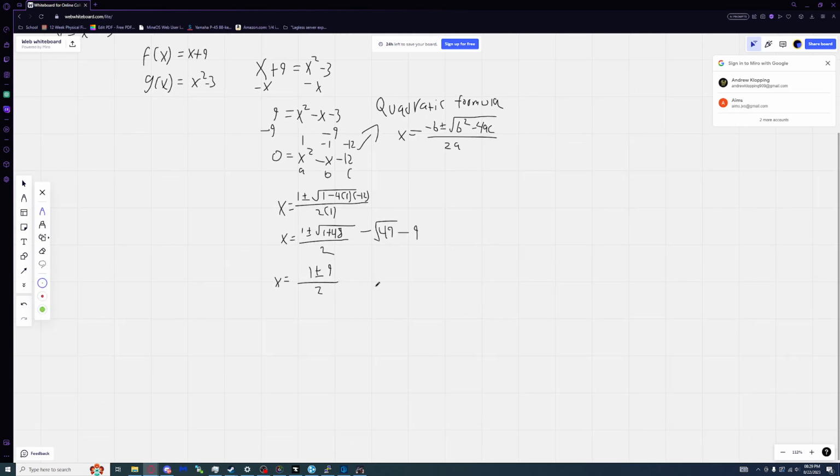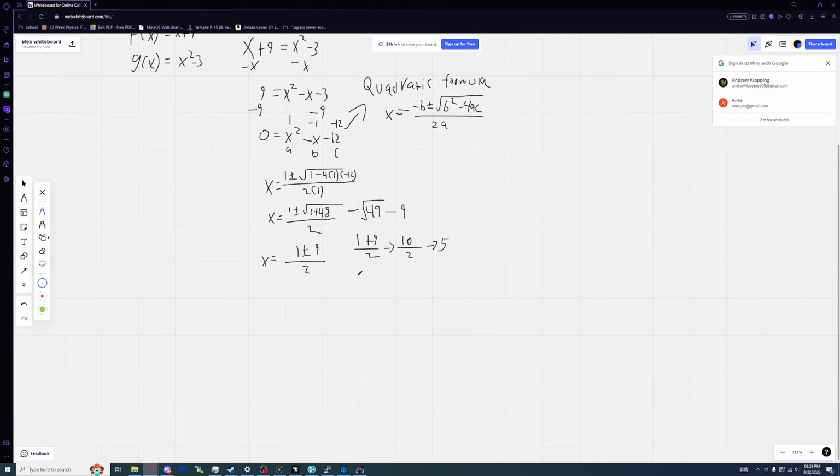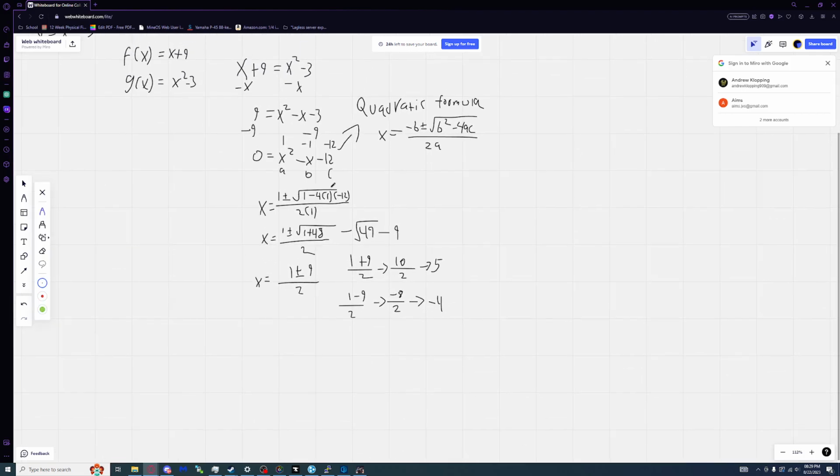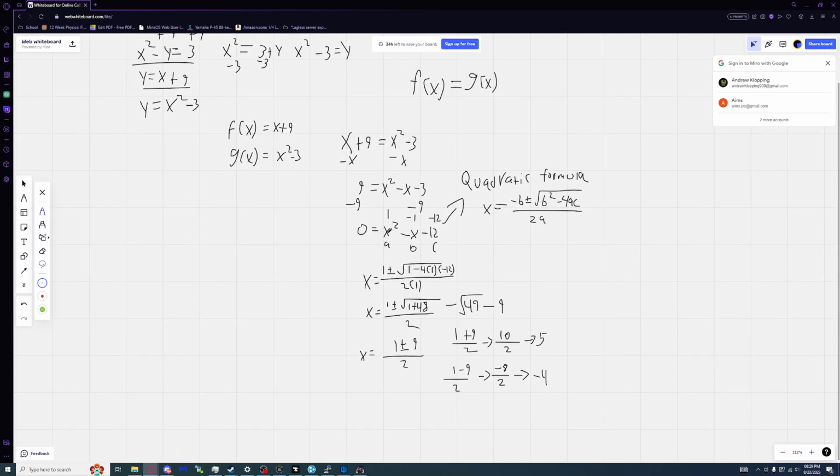So doing the plus first, we get 1 plus 9 over 2, which is 10 over 2, which is 5. Then doing the minus case, 1 minus 9 over 2 is negative 8 over 2, which is negative 4. So now we have our two x's where the graphs intersect, and to find our y's,